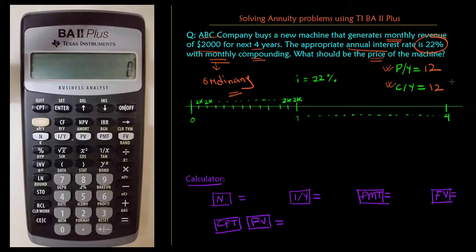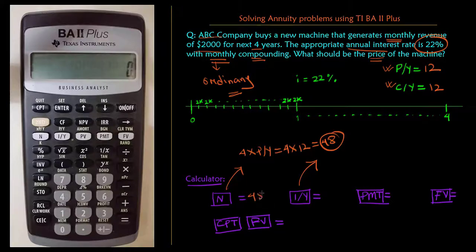Alright, when you have a situation where P/Y and C/Y are both 12, you don't need to change any settings. You just do the solution as you have done in the previous video. Just make some modification to N and I/Y. This N will be 4 multiplied by P/Y. So 4 multiplied by 12, that is 48. So put 48